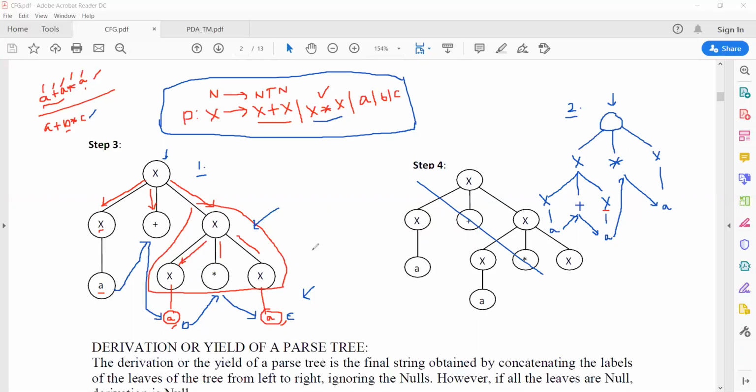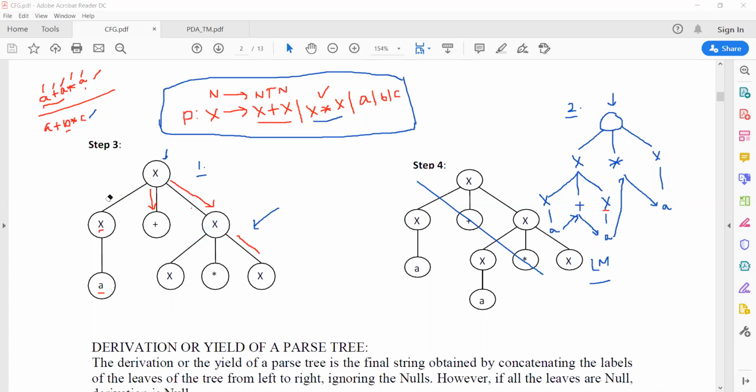One is the rightmost derivation and another is the leftmost derivation. As a result, you can see that this type of derivation will lead you to an ambiguous grammar. If such a grammar is found, then we say the grammar has an ambiguity. So this is the very basic understanding of parse trees.